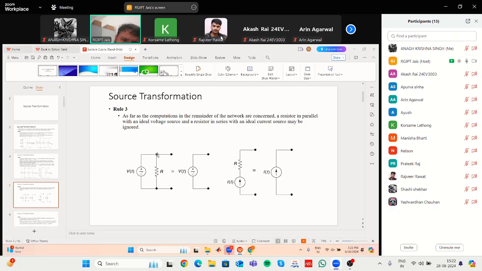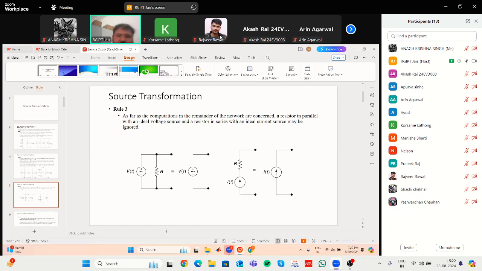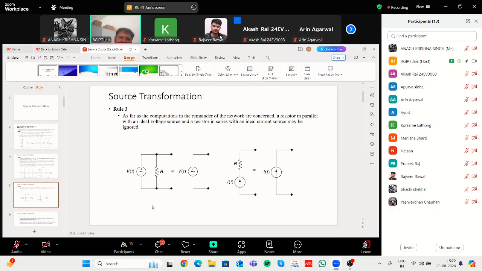It will maintain this V volt across these two terminals, and these two terminals are also the same. This terminal and this terminal, in between there are no elements. So definitely here also V volts will be applied. If that is the case, then what is the use of this R? Because whatever circuit you will be connecting will be connected across these two terminals. If the same voltage is being applied here, then R will be of no use,